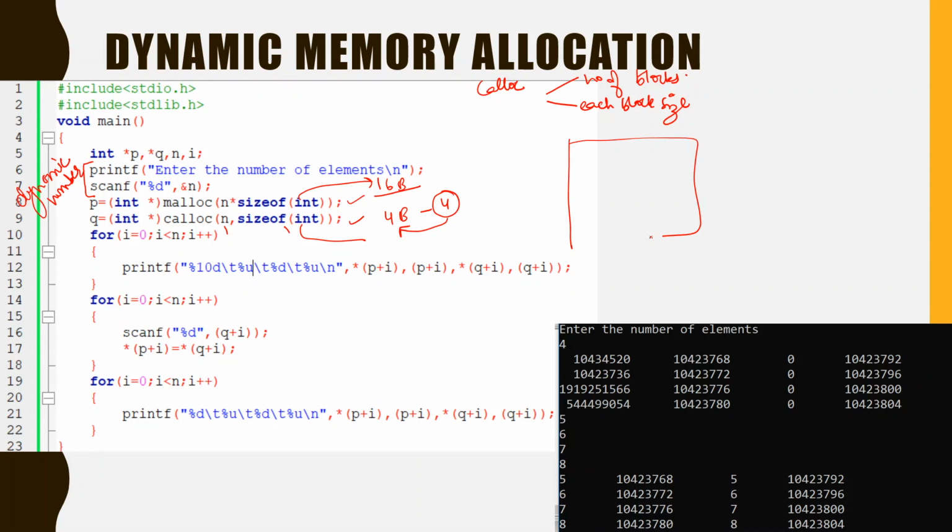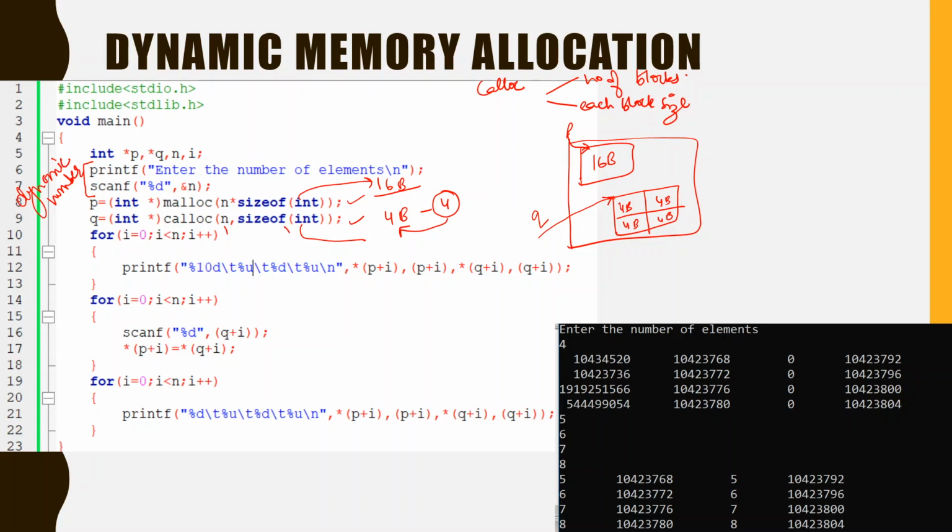So in memory, if we ask malloc, a 16 byte block is given as output in p, so p is going to point here. But when we call calloc, 4 blocks of 4 bytes each are initialized, and the pointer is pointing to the base address of the first block. So all the blocks have their individual existence when we allocate with calloc, and in malloc this is only a 16 byte single block of memory.